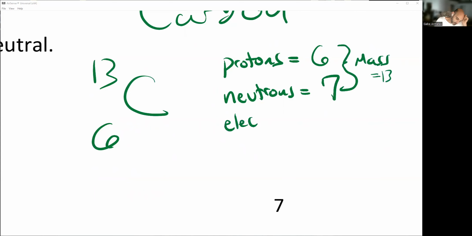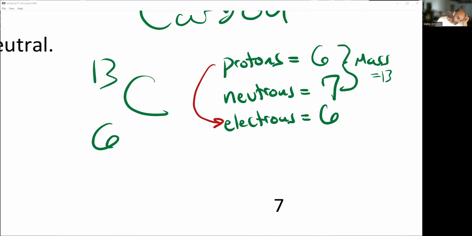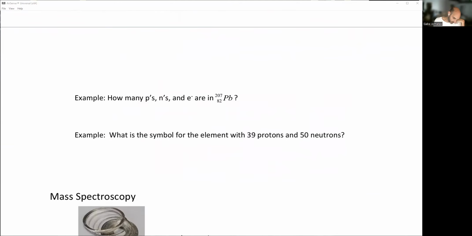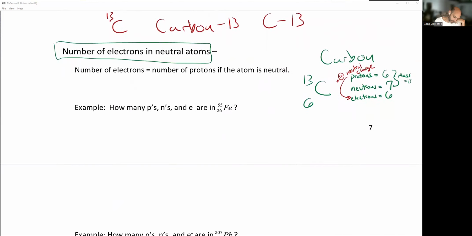And then electrons. Okay, so if this is neutral, if there is no charge indicated up here, the number of protons equals the number of electrons. Again, if it is neutral, they are equal. They're equal at a neutral charge. So the number of positive charges equals the number of negative charges. Okay, so we have a couple of examples here. So let's take a look at how many protons, neutrons, and electrons are in